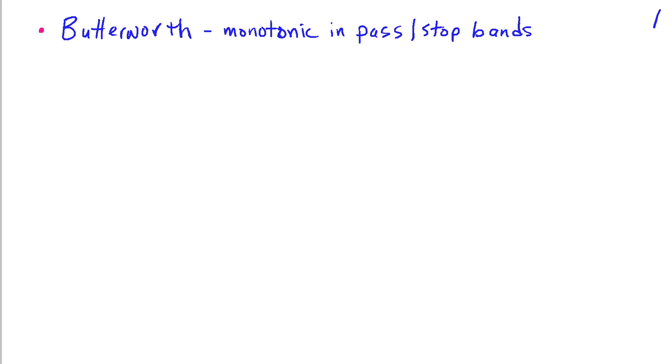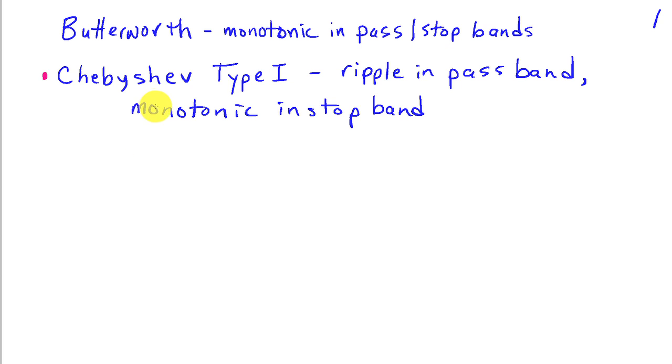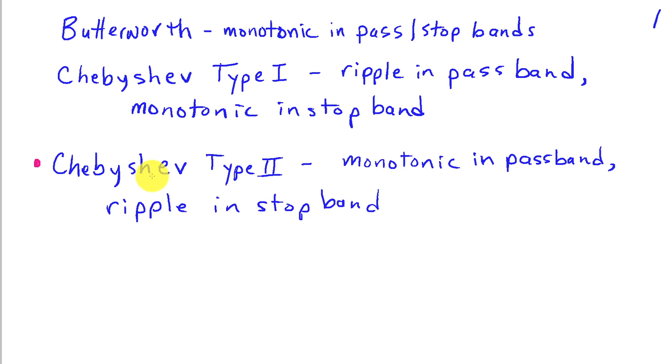We've already looked at the Butterworth filter. We saw that it was monotonic in both the pass and the stop bands. So for a low pass filter, the response monotonically decreased throughout the pass band and then on into the stop band. Now, there's two types of Chebyshev filters. The type 1 Chebyshev filter has ripple in the pass band, but then is monotonically decreasing in the stop band. In contrast, the type 2 Chebyshev filter is monotonic in the pass band, but then has ripple in the stop